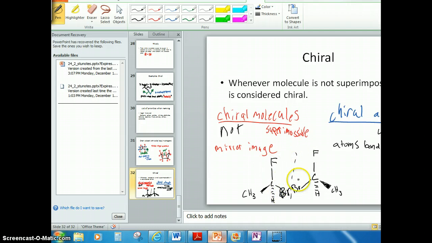If I were to take a look like a mirror here, I have my two bromines in the middle, and there's no way you can flip this to make this land right on. These molecules will never be the same no matter how you rotate them. And here, right in the center, I have what is called my chiral center, which is usually a carbon atom. And that pretty much wraps